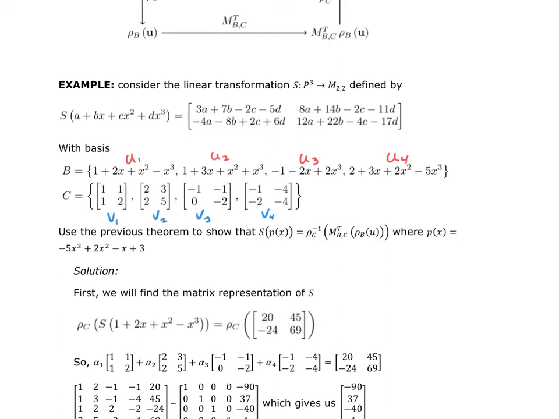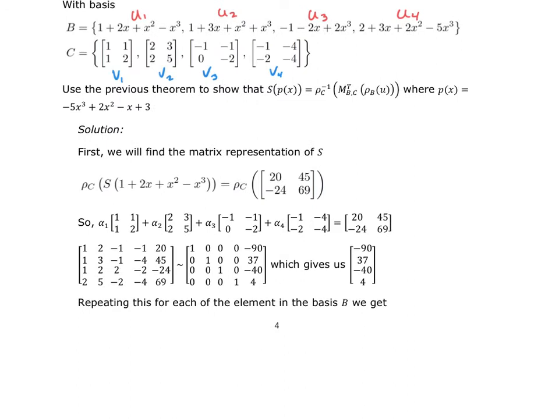So what we want to do is show that I could go directly like I did before, or I can do the inverse here. So let's go ahead and find the matrix representation. To do that, I have to start with the vector representation of each one of my U sub 1's over my basis C. So I do my linear transformation, and I put in